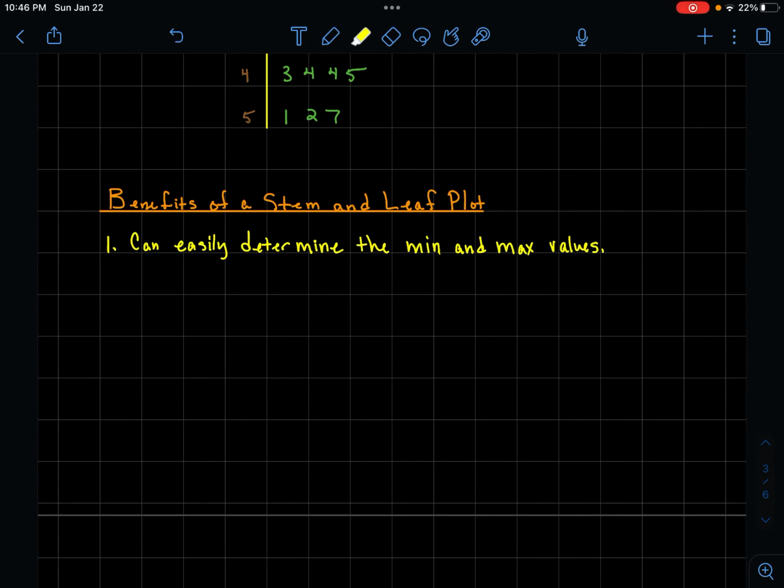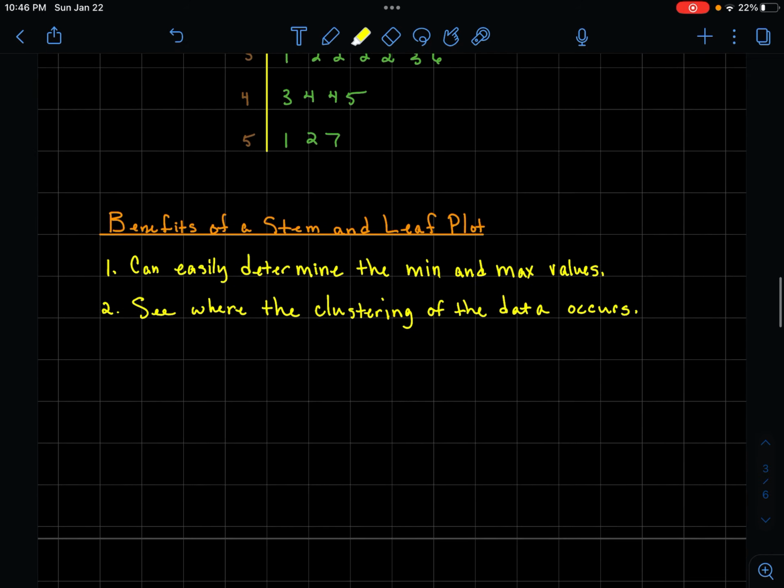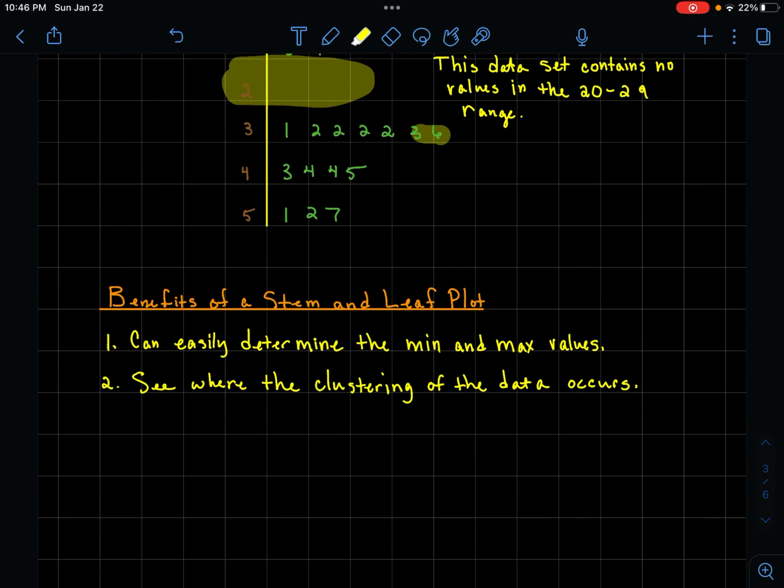So what are some of the benefits of a stem and leaf plot? We've got three that we're going to look at. The first one, it's easy to determine what the max and the min values of our data points are. Second, we see where the clusters of the data occur. Going back to our random example here, we see that there's a large cluster in the 30s, so that's where most of our data is going to be from. And then finally, the third one, we get a really good idea of how the data values are distributed. There are other ways that you can use graphs to visually represent data and